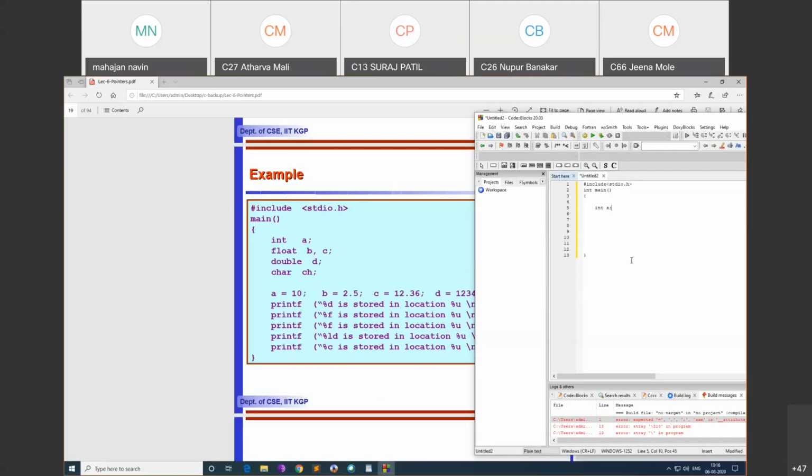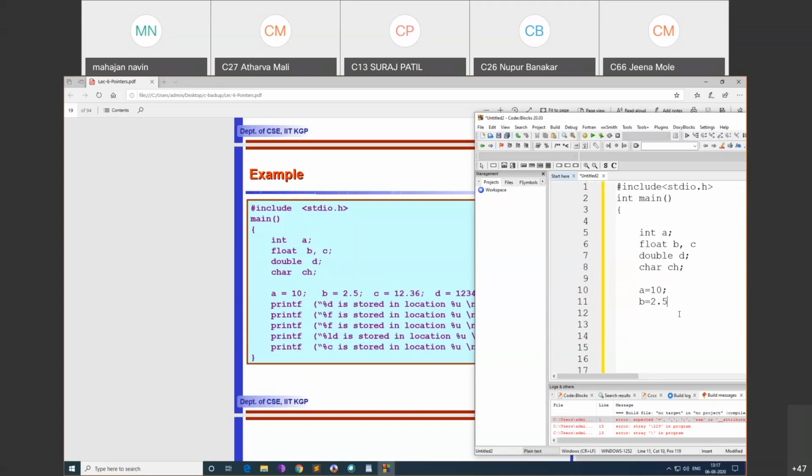Okay, here I define int a, float b, c, and double d, then char ch. Now later I'll assign values: a equal to 10, b equal to 2.5, c equal to 3.8, 3.14, 1429, whatever.